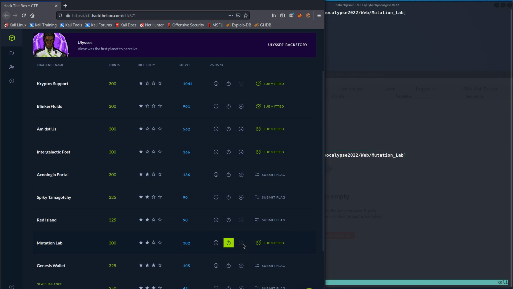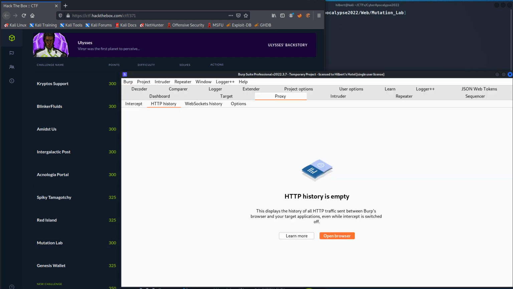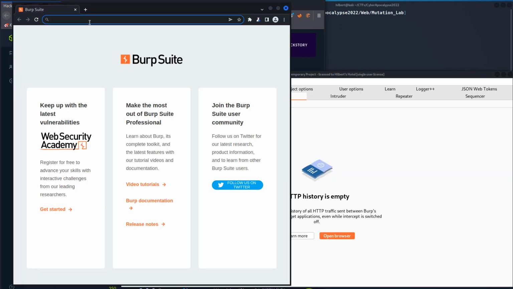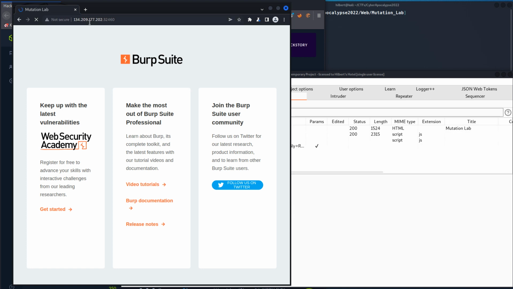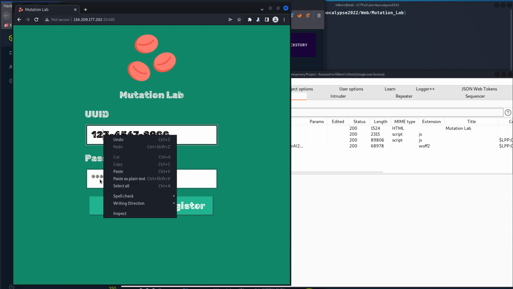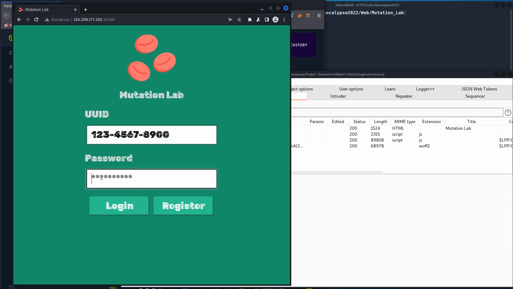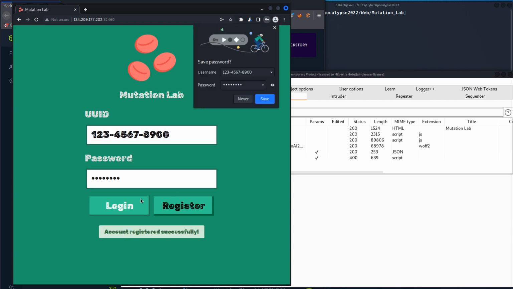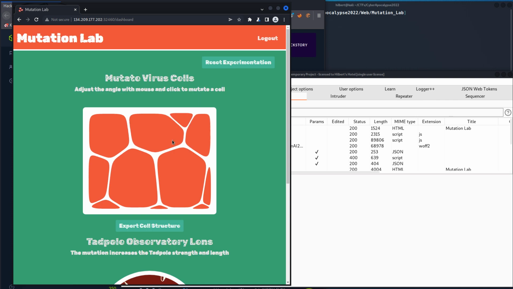So we don't have source code for this challenge, so anything we get, we're going to have to get intercepting with Burp. And if we just create an account, we'll do password, register and log in. We're going to see